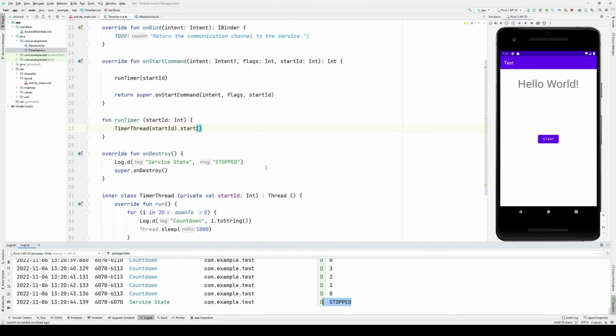So a proper implementation of a service that uses stopSelf would look something like this. Now, this is not a panacea. This is not necessarily a solution for every situation. For example, let us say we had a service like this, but the timers were different.